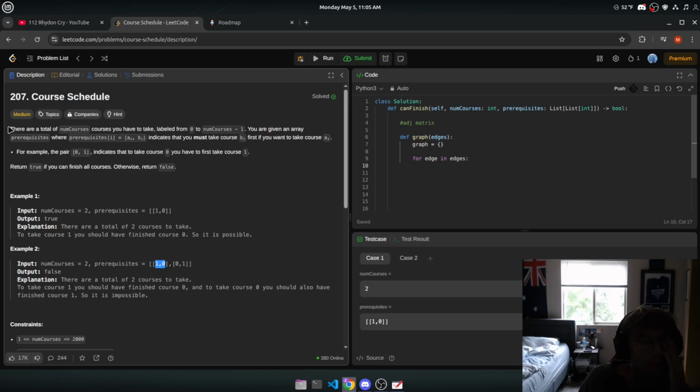I have to understand this problem properly again. Total of 2 courses to take, right? We have [1, 0] and [0, 1]. So to take course 1, you need to take course 0. To take course 0, you have to take course 1. So it is impossible. Okay, so